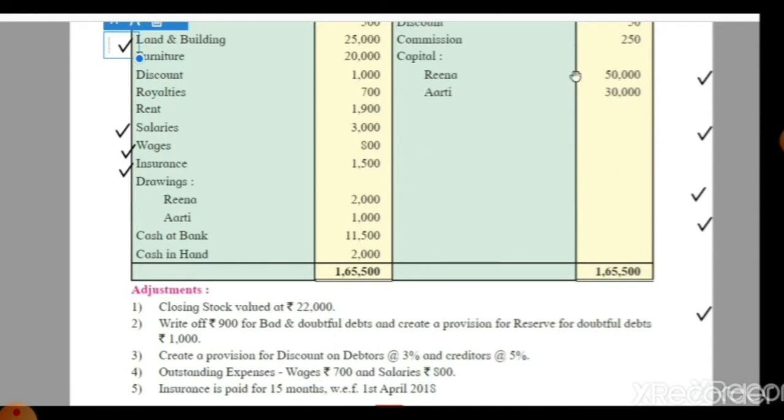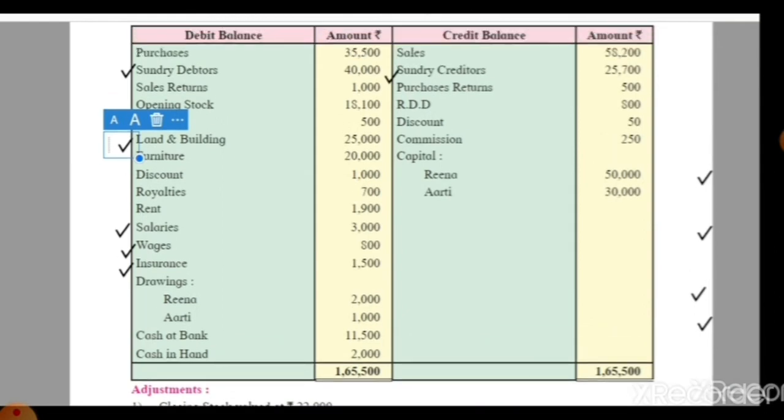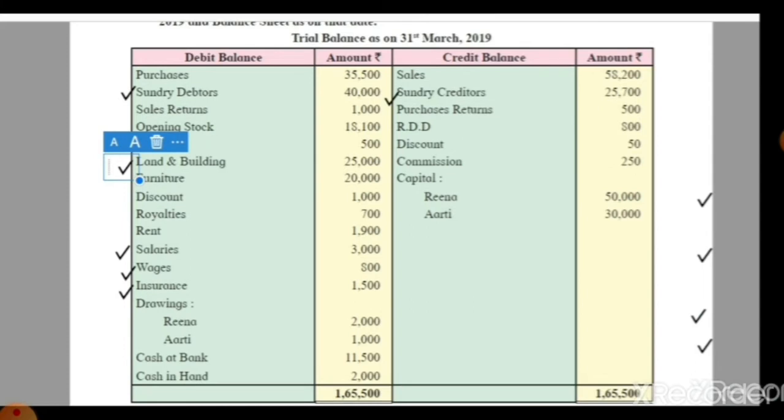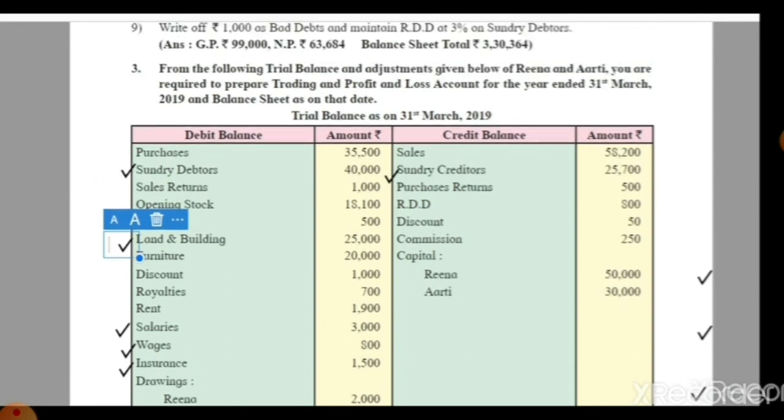Here we see that in their trial balance credit balance list the capital contribution of Reena is 50,000 and Aarti is 30,000. So we cut the zeros, and there is a remaining 5 and 3, so 5:3 is the capital ratio of this partnership firm. So in the capital ratio they distribute their profit and losses when we find out the net profit from the profit and loss account. So students, our reading is completed.